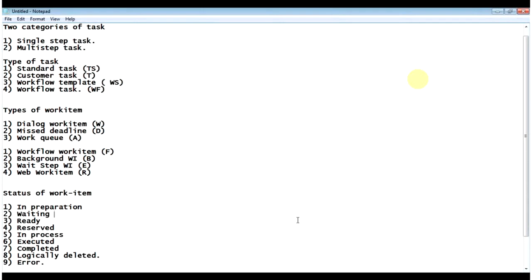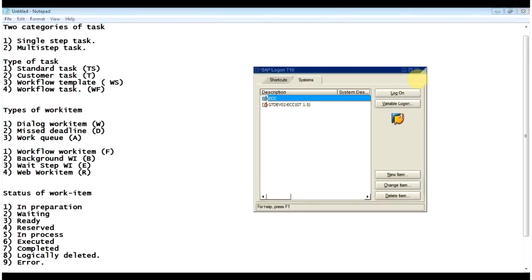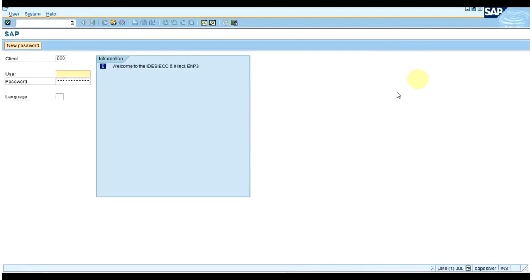So let me take you to the log. To see the log, you will move to the SWIA transaction.